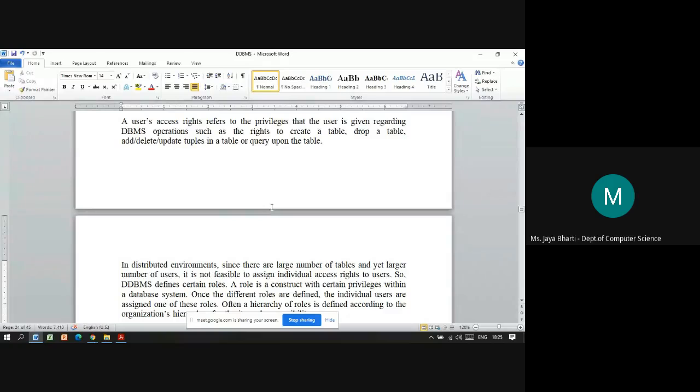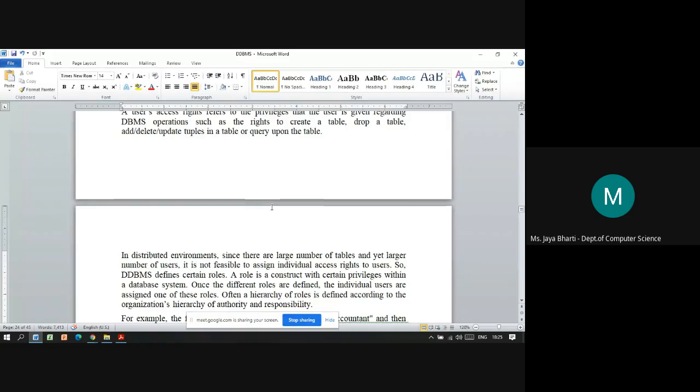He won't be able to create, as that privilege will not be assigned to that particular user. So depending upon the type of user, the privileges are assigned to each of them.